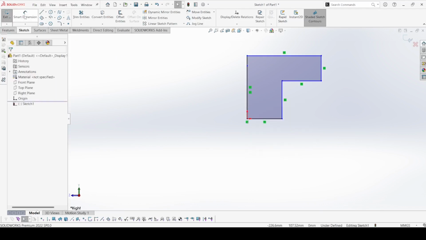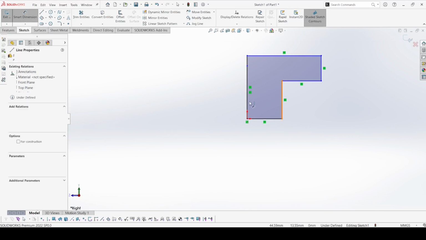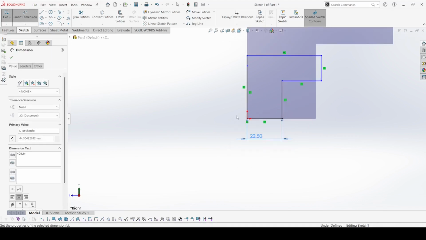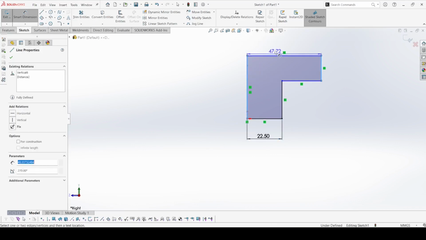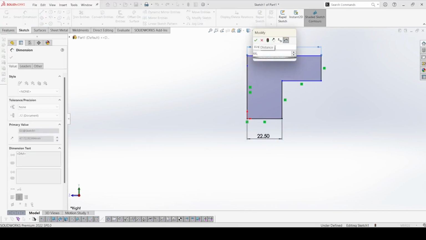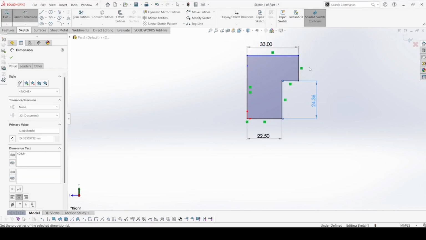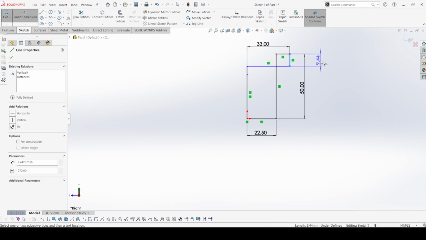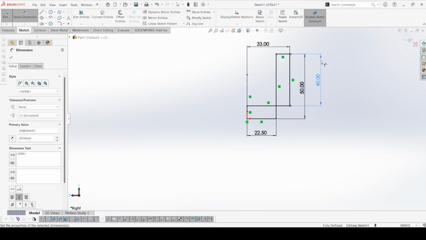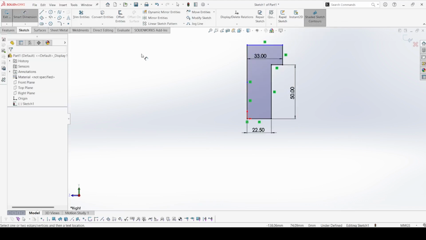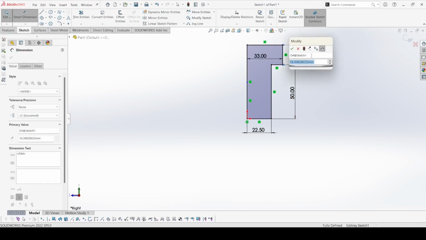And now go to smart dimension. So this is 45 by 2 and this is 66 by 2, and the height of that is 50 as we have seen, and height of this is 40. So delete this one, select this one and like that, and now select smart dimension and this is 40,